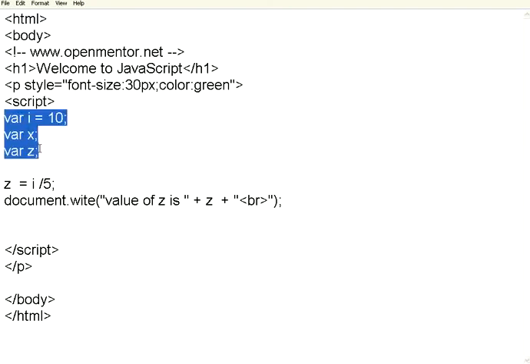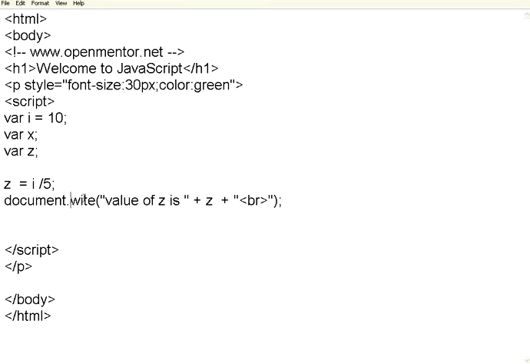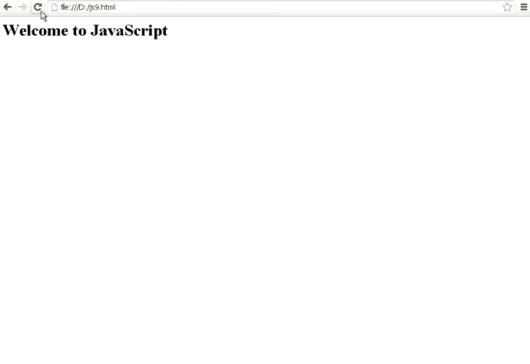JavaScript is an interpreter. That means any line you have given, it will start executing line by line. It will not produce a single exe after compiling all these lines. So it will execute these 4 lines, then only it will come to this line and see whether it is correct or not. Obviously, if you see this line, I have misspelled WRITE. Instead, I have written WITE. I missed it. So let us go and execute this, load this JavaScript on this page. I expect some error message to come, but let us see.